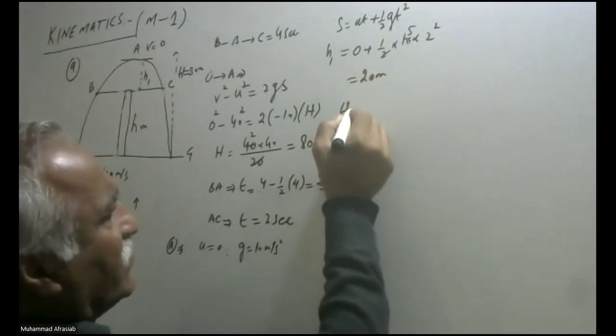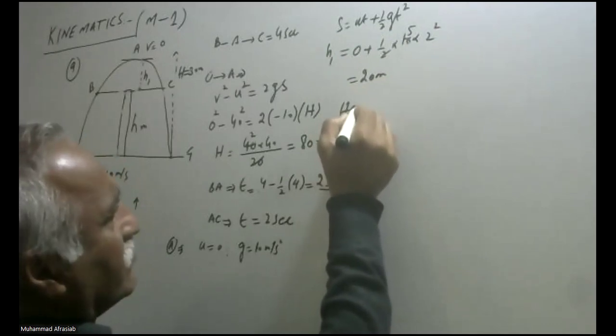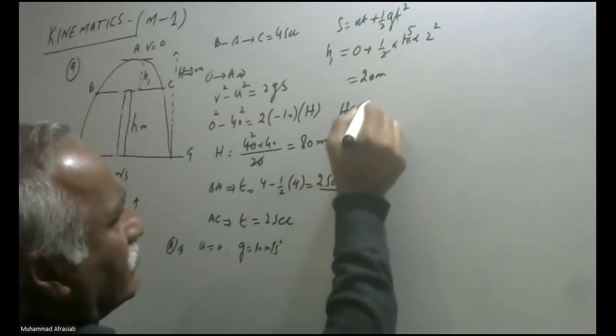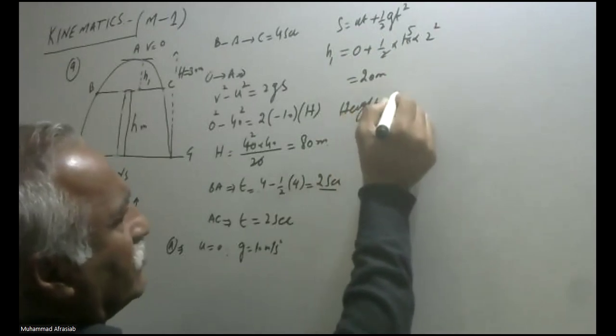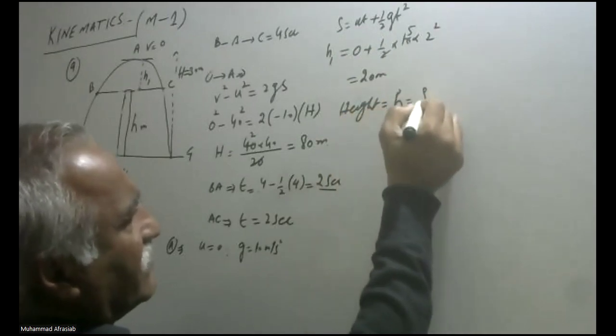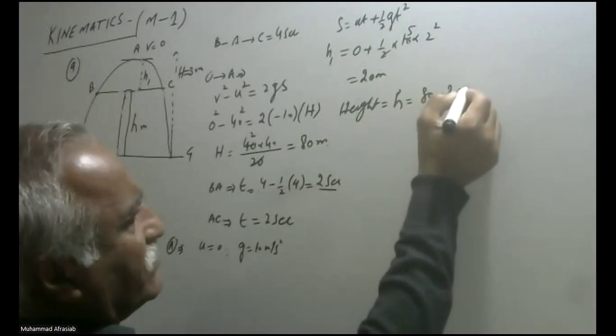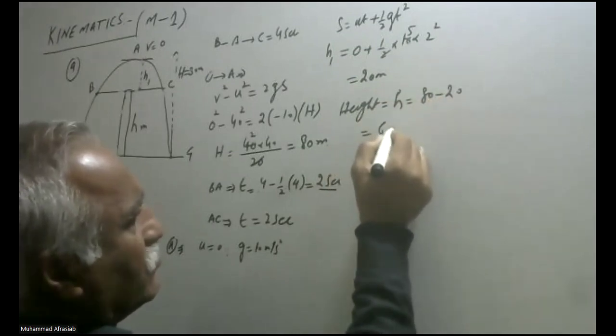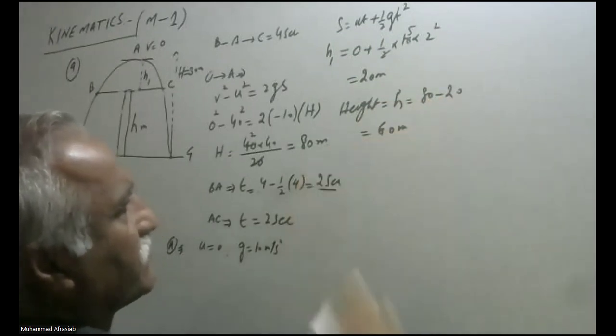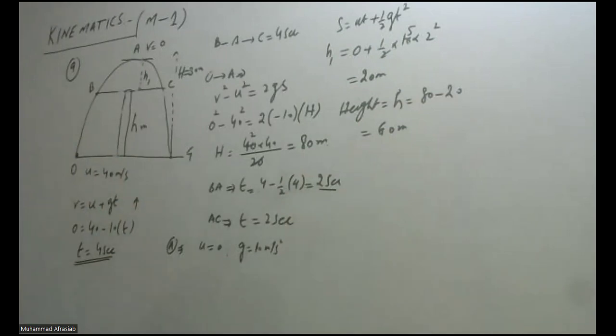So the height of the building is equal to small h, which is 80 minus 20, and that is equal to 60 meters. So this is the height of the building from the ground, which is equal to 60 meters of that part there. Now in the second part,